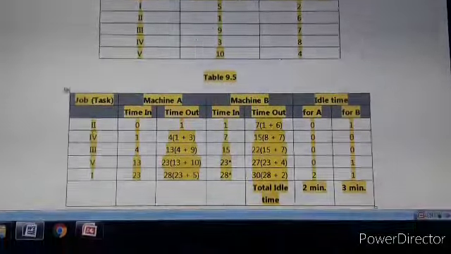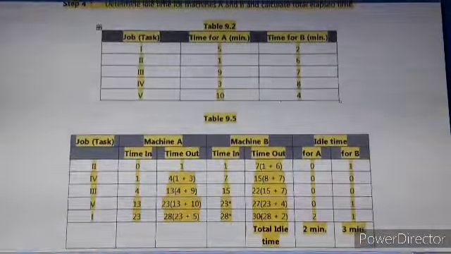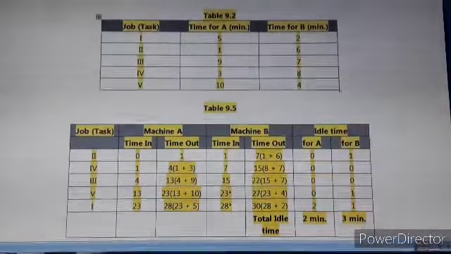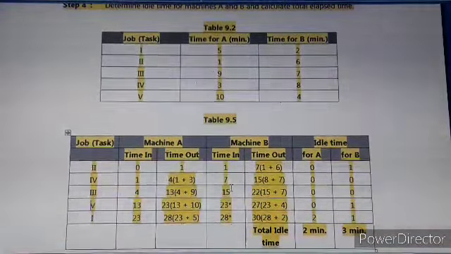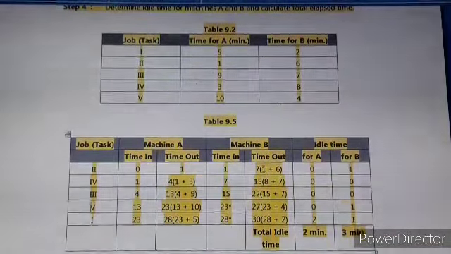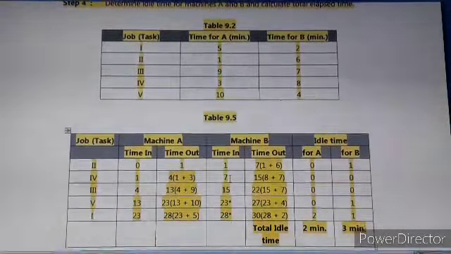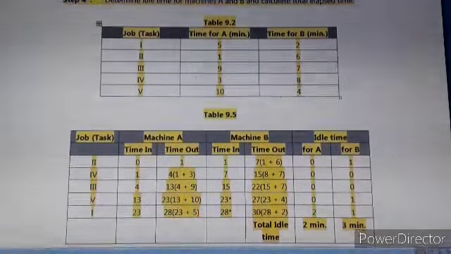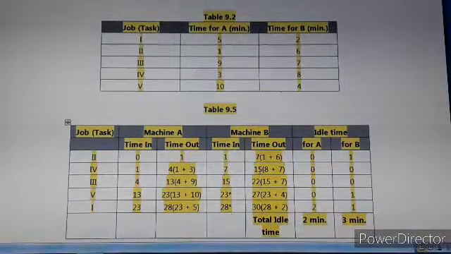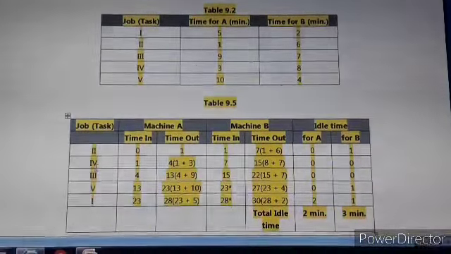Then processing time for job 4 on machine B is 8 minutes, and we can take that job on machine B after 7 minutes. So this time out of job 2 is time in for job 4 on machine B. Again for job 4 it will take 8 minutes. So 7 plus 8, it is 15. So time out is 15 for job 4.